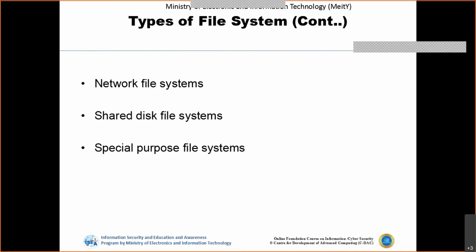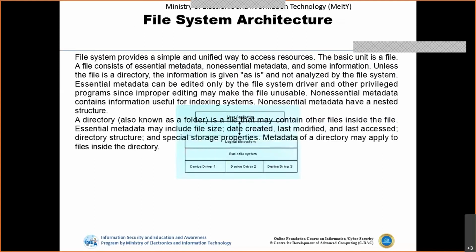Let's say in Linux, we have a folder called proc, the processes file system, which grants access to information about the specific processes running on the operating system. These processes need a separate file system to access this kind of information. So for this, specifically, we'll go for the special purpose file